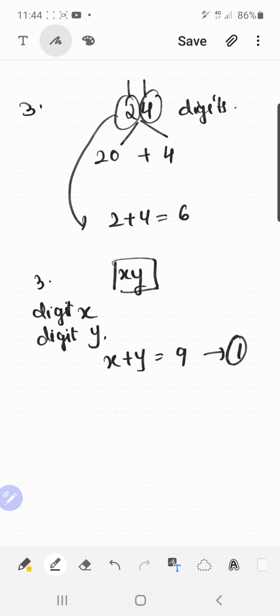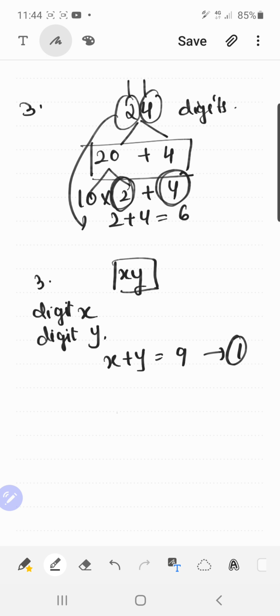Also, 9 times this number is twice the number obtained by reversing the order. Now my dear kids, जब digits की बात होती है तो हम ऐसे लेते हैं x और y. जब number की बात होती है तो number क्या है? आप यहाँ पे देखेंगे 20 plus 4 is 24. मैंने किया क्या है? तो 10 into 2 plus 4. मतलब your tens digit and this is your units digit. तो जो tens digit होता है उसको 10 लगाना ही पड़ता है नंबर के लिए. तो यहाँ पे जब x y आपके digits हैं तो आपका नंबर हो जाएगा 10x plus y.